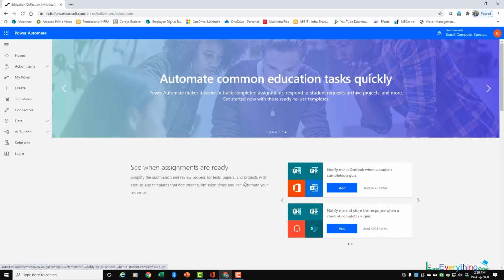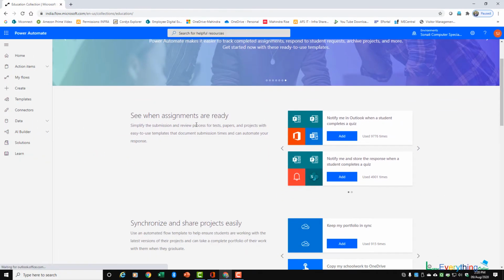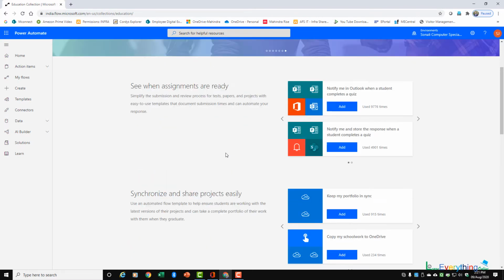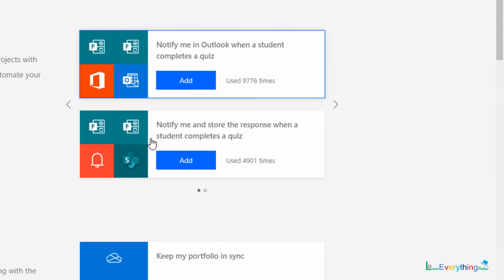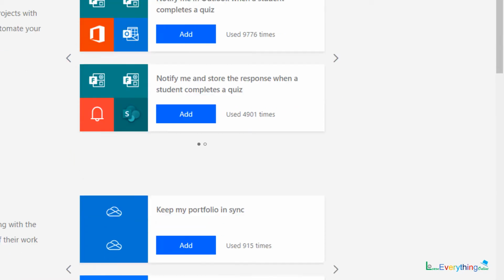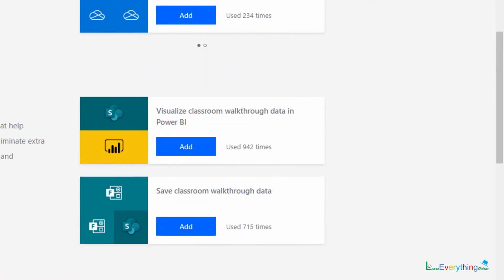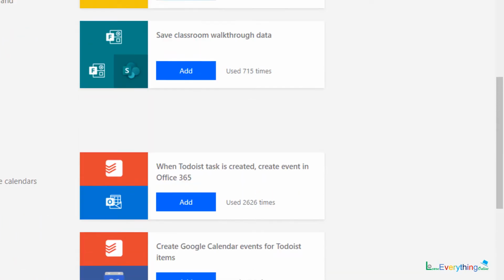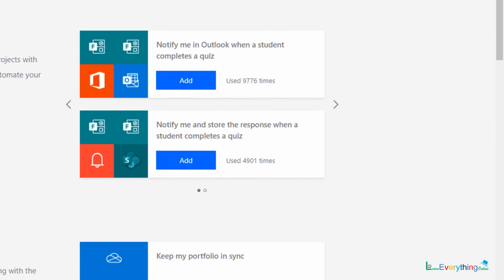Generally when you say classroom task, we are always concerned with taking quiz and sending feedback. So when you want to set any automated feedback or when you want to keep any automated feedback message, in that case you can use this type of power tool. Then you can use this type of power tool for publishing calendars or to set reminders to a student before online exams. So how to do that? Let's learn. Now this is notify me in Outlook when a student complete a quiz.